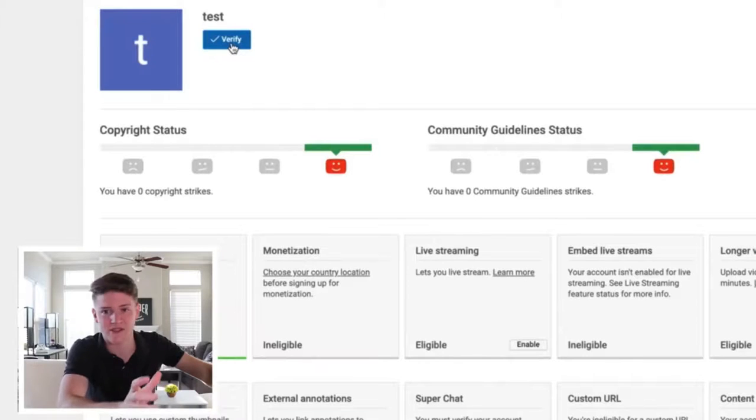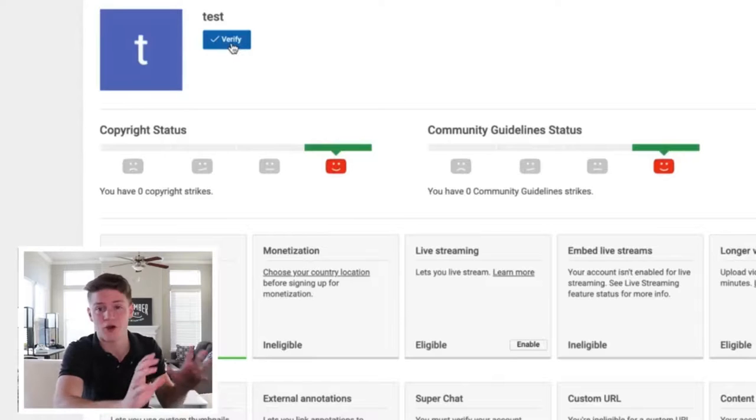Now, one thing I will say is in order to verify your YouTube channel, you do need a phone number. So make sure you have your phone number or something like that. Put your phone number in, verify it with the code that it texts you, put all the information you need in there, and it will allow you to go ahead and go through enabling everything that I'll break down later in this video, but allow you to enable all the features that can go ahead and get you custom thumbnails